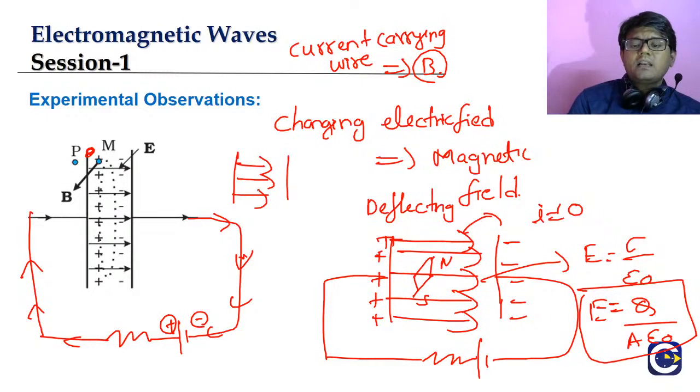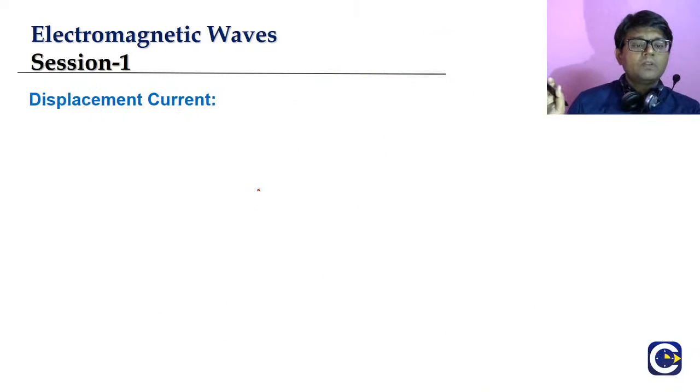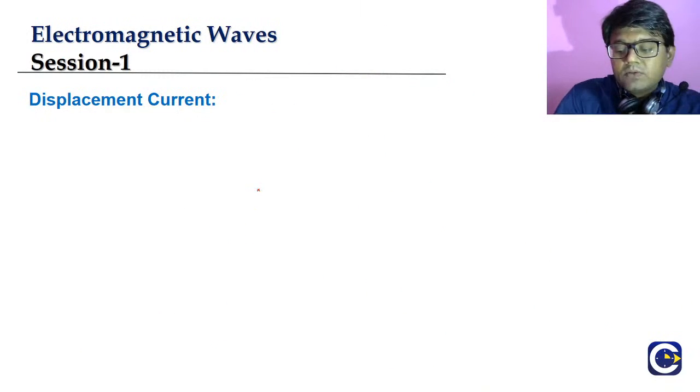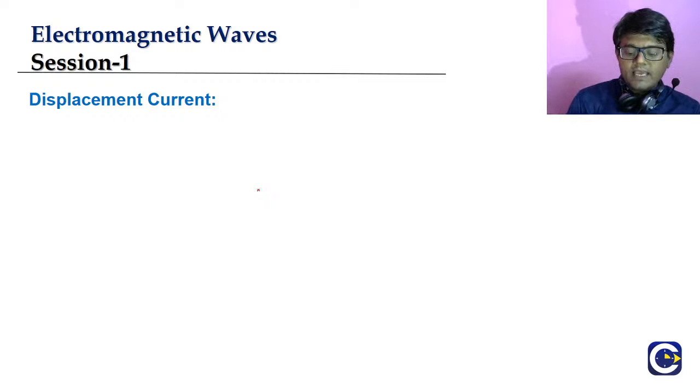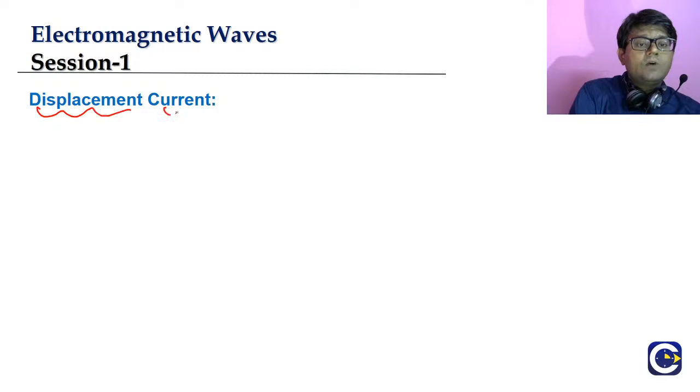So there is an electric field, and the value of the electric field we also know. It is sigma by epsilon naught or Q by A epsilon naught. So this magnetic field in the region between two plates should be somehow linked to this electric field. This is the idea that people have come to. Now we need to see how this electric field between the two plates is linked to that magnetic field, and the relation we will give by using a quantity called